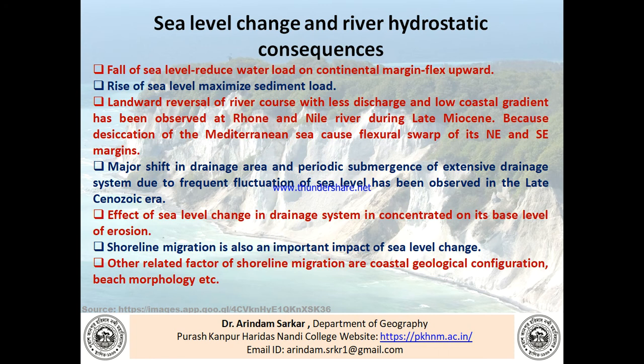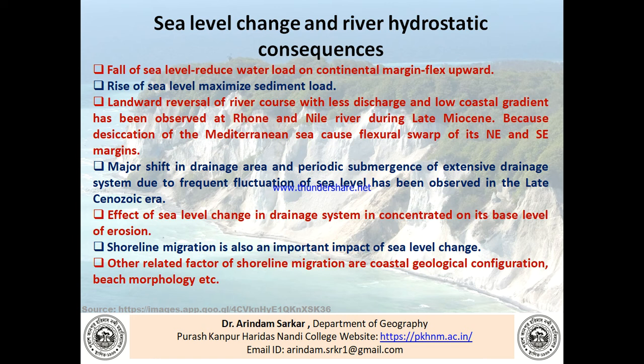Now, sea level change and river hydrostatic consequences. Fall of sea level reduces water load on the continental margin, with flux upward. Rise of sea level maximizes the sediment load. Landward reversal of river course with less discharge and low coastal gradient has been observed at the Rhone and Nile Rivers